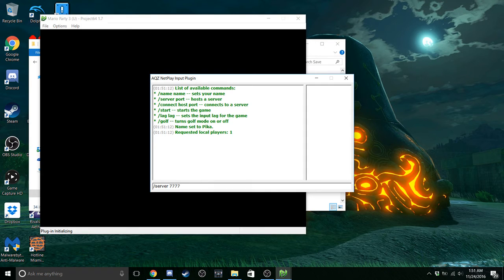7777 is just the port that I use. So once you do that, it'll say, oh, listening on port 7777, connect server connected. So now you have a room up. If someone wanted to go into my room, they would need to do /connect